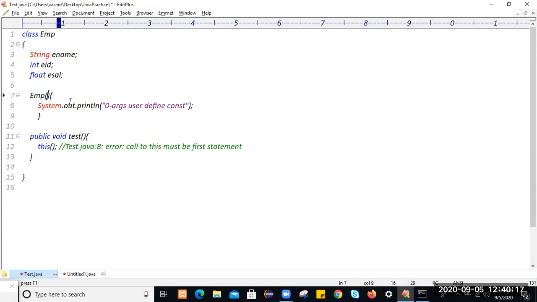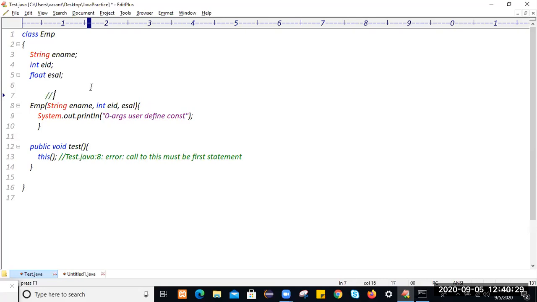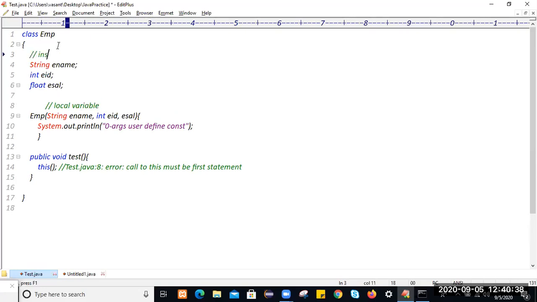Constructor name and class name must be the same: employee name, employee ID, employee salary. These are the local variables, and they will be initialized during object creation, during constructor calling. At project level, we keep the instance variable name and local variable name the same.